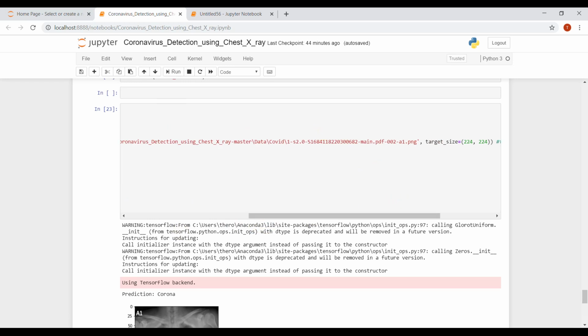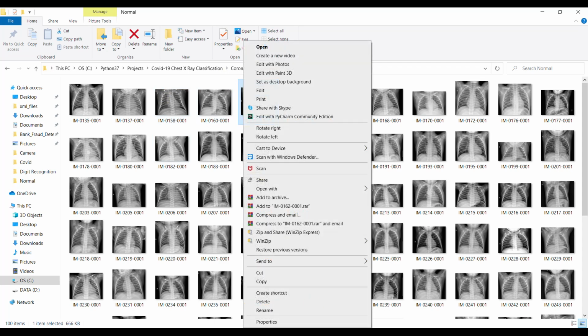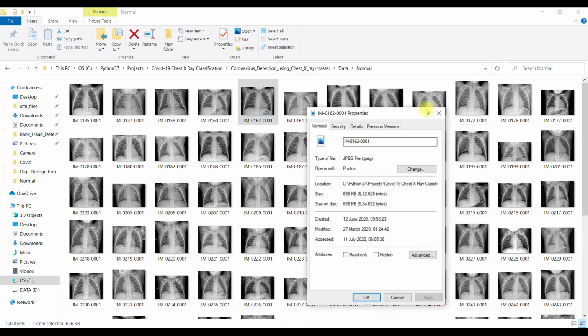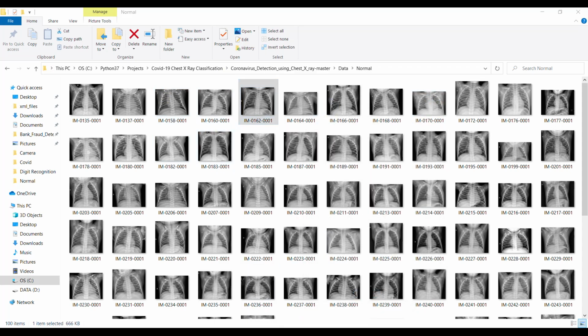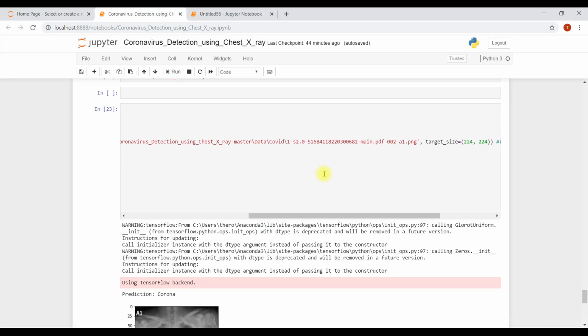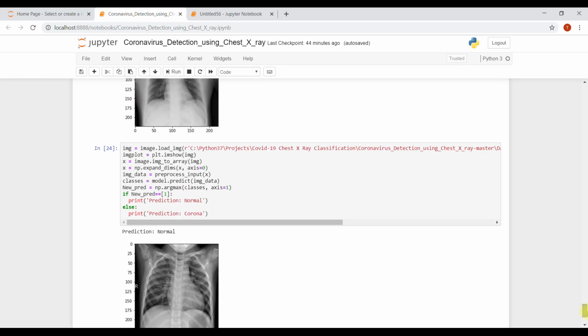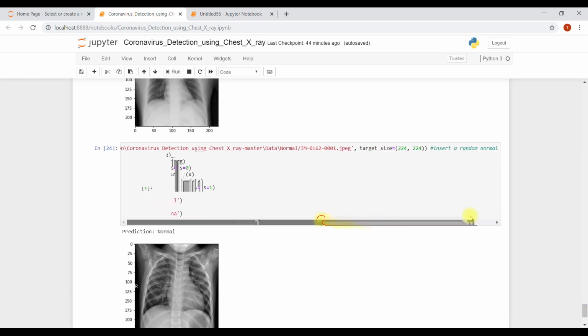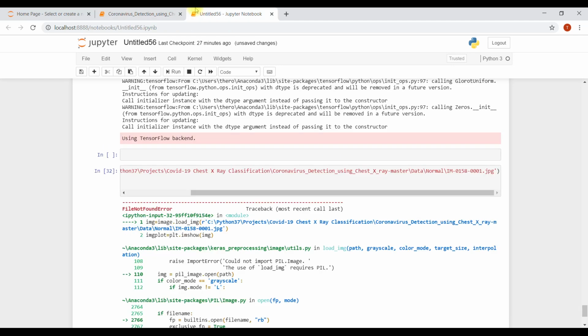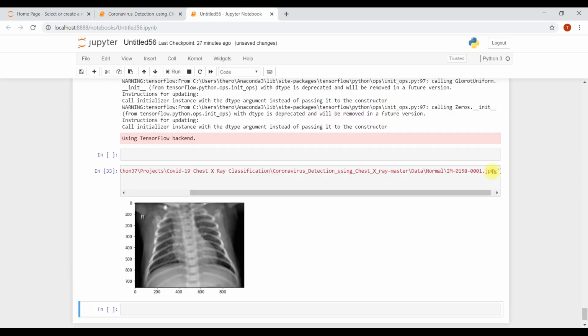No, it's not in png format. It's in jpeg. For normal, what is written? Yeah, it was showing jpeg also. My mistake, I'm sorry. So this is our image.